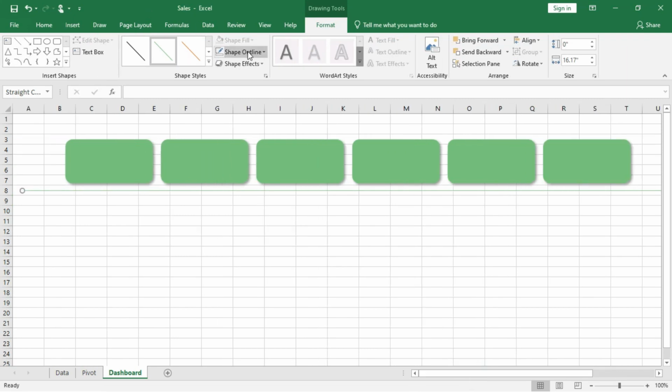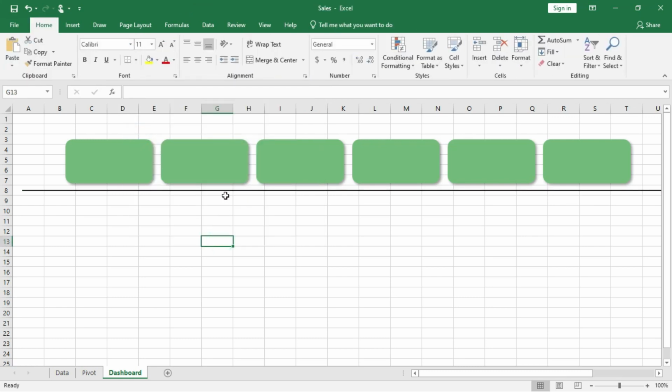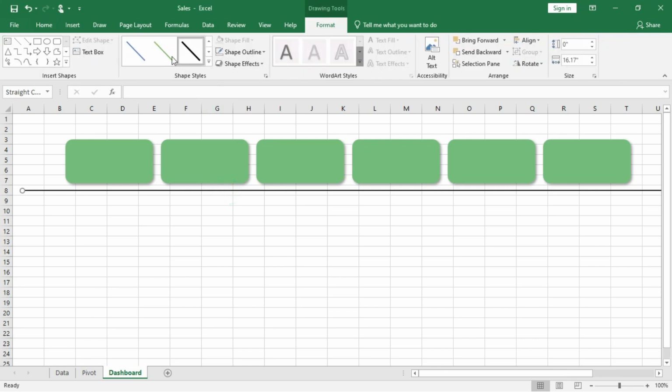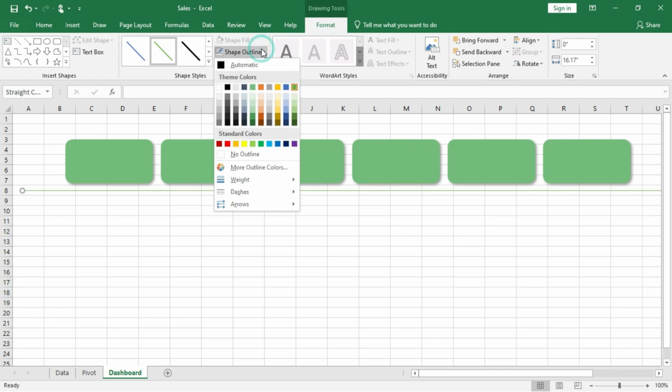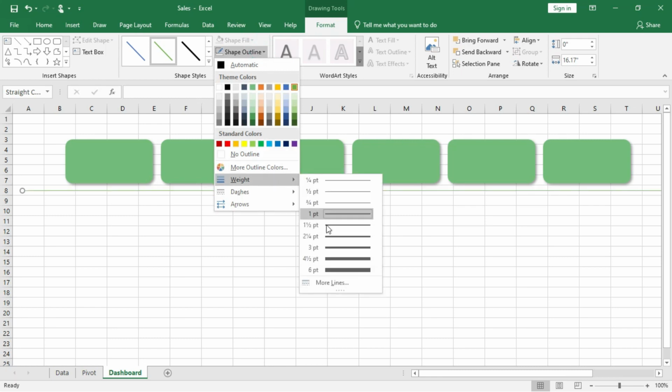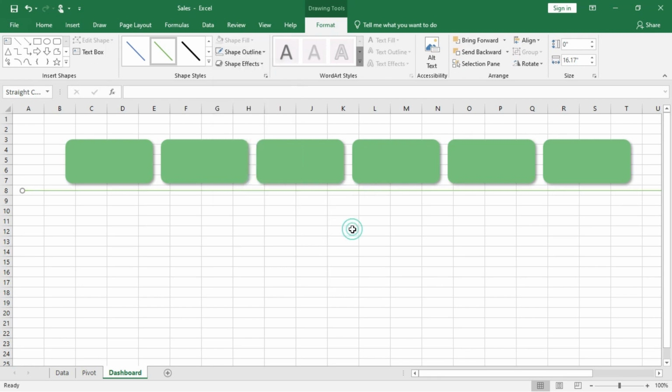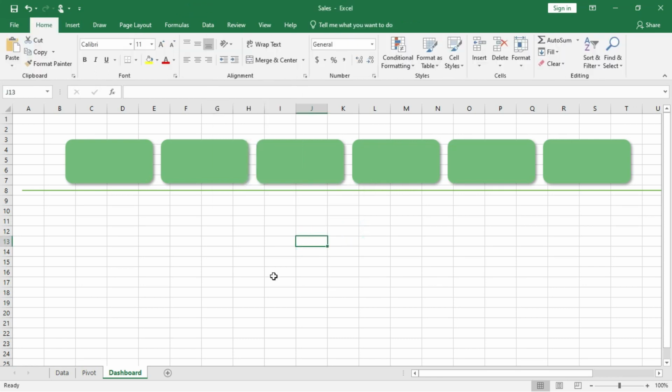Alright, then I'll make it a bit bold. Okay, then I'll change the color as well. This color is okay. Then the weight, I'll make it okay. This is fine. Right. Okay, so now that we have our shapes ready,